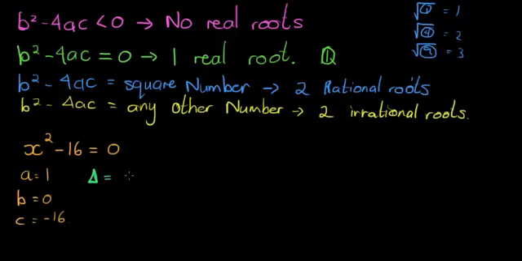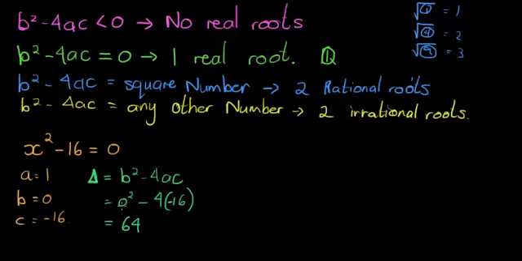So delta is equal to b squared minus 4ac. And if we calculate it for this one, we see we get 0 squared minus 4 times 1 times 16. Okay, so 4 times 16, and it's not just 16, it's negative 16. And we find that the answer is